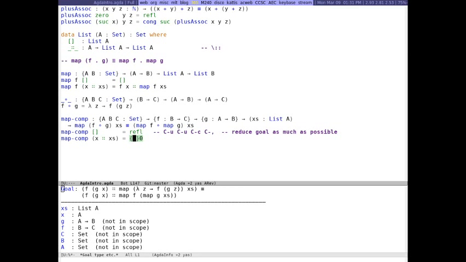Right, and at this point, this should remind you of what we did when we were proving the associativity of plus, where we ended up with a goal that said you have to prove that successor of something equals successor of something, right? And so here I've got blah of something equals the same blah of something, right? So this is congruence again. If I can just show that these inside parts are the same, that proves that this whole thing is the same, because these parts are the same. Okay. So I can say congruence,